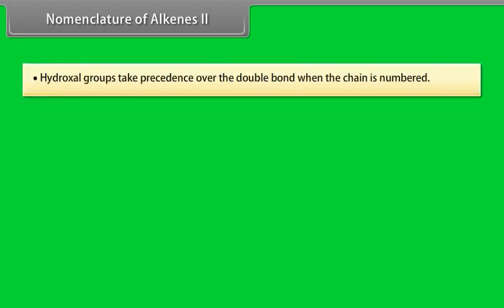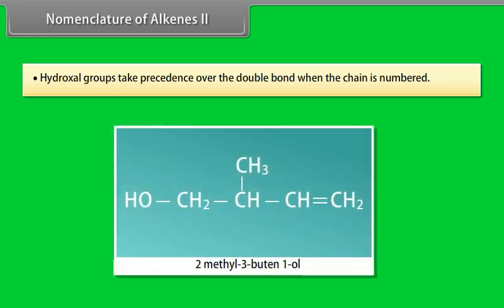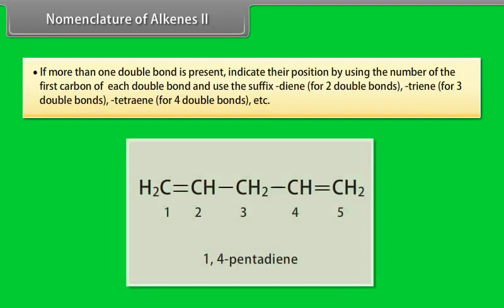Nomenclature of alkenes, Part 2. Step 7. Hydroxyl groups take precedence over the double bond when the chain is numbered. This compound is 2-methyl-3-butene-1-ol. Step 8. If more than one double bond is present, indicate their position by using the number of the first carbon of each double bond